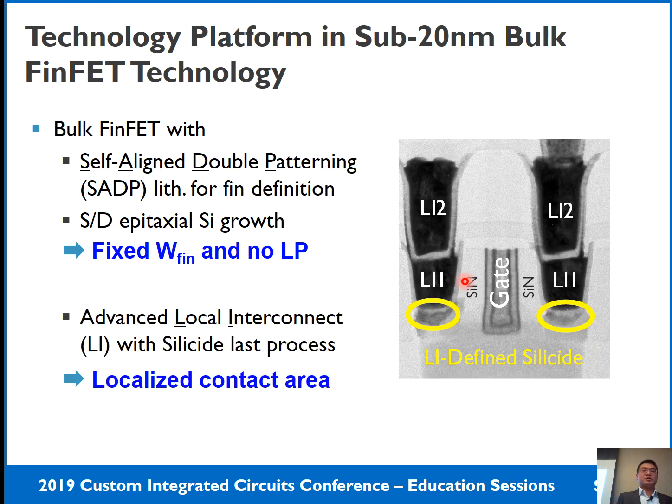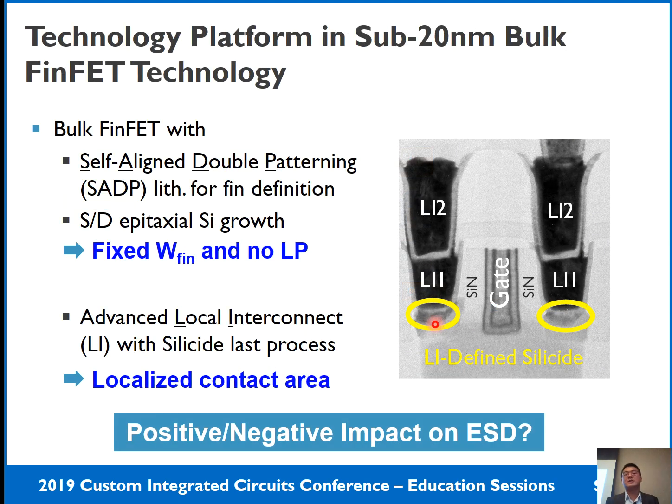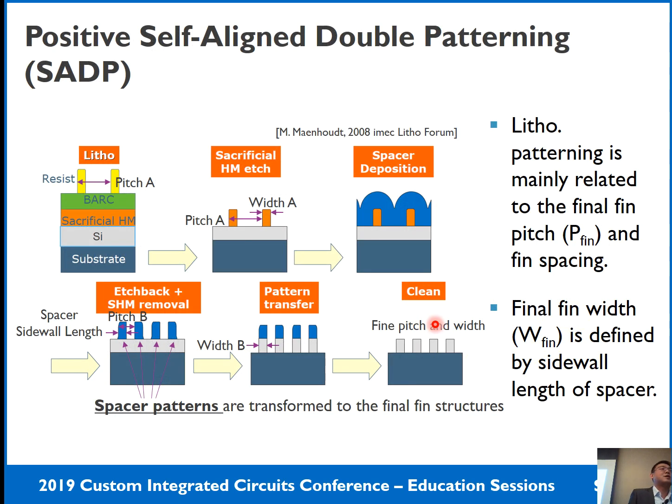Then the third process option is related to the middle of line. It's a local interconnect with a silicide-less process option. This process option will result in a localized contact area, so it's not a good sign for the ESD diode. Of course, all of them will impact ESD diode performance. But before we look at how they impact it, let's look at more detail about these